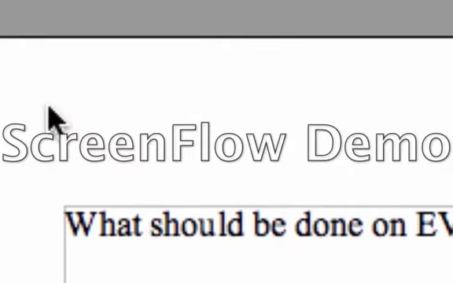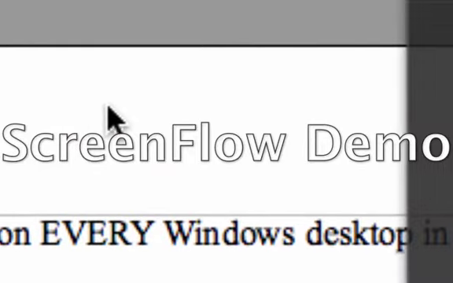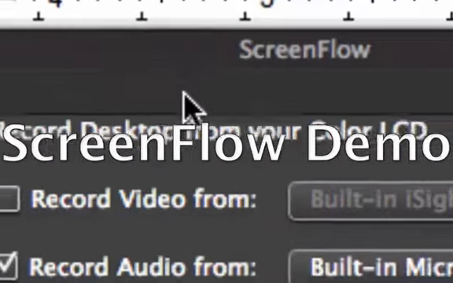Unfortunately, at this point, that just leaves us with one distribution, which is Ubuntu. Nonetheless, I present to you what should be done on every Windows desktop